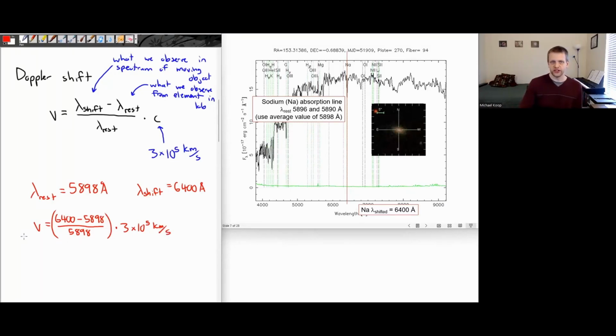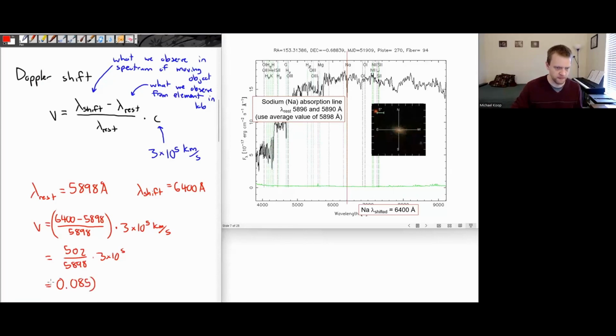When you're going through these equations, as I've mentioned previously, I strongly recommend you do these equations in parts, first doing the subtraction for the numerator, and then doing those next steps. So let's do that equation. If we subtract those terms in the numerator, I got 502 over 5898 times 3 times 10 to the 5. If I do that division, 502 divided by 5898, I get